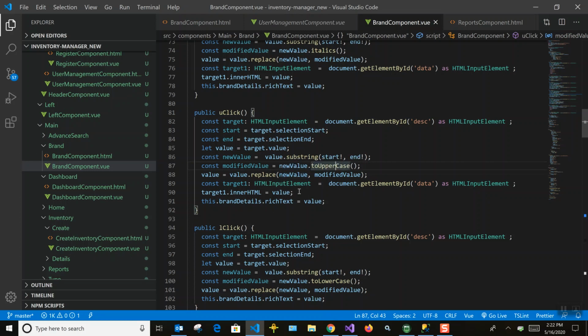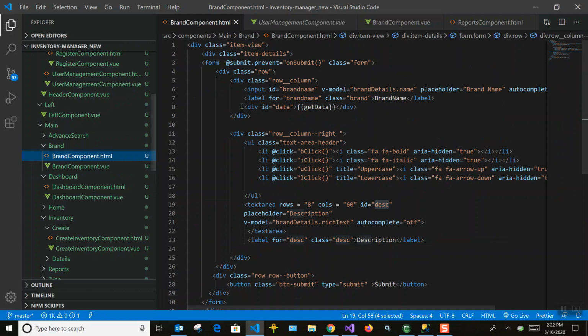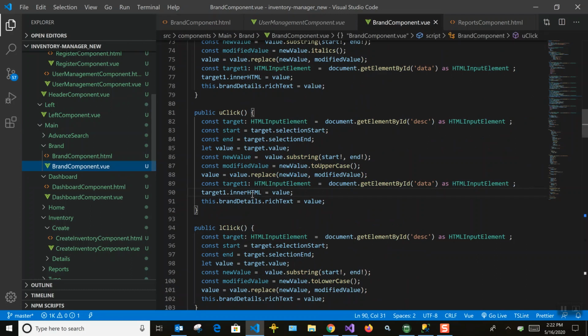For the preview part, we have another element, so you can see it here. Here we are setting the innerHTML of that, and once you set that, you will see the real-time update of that data over there.